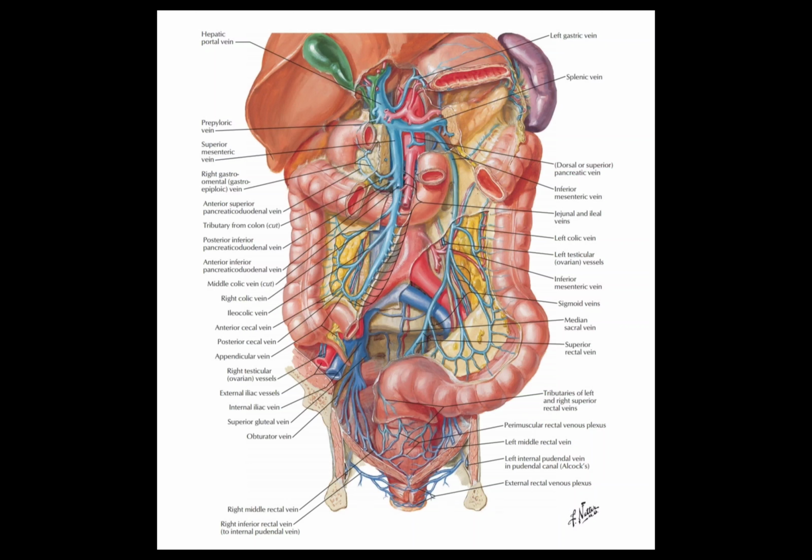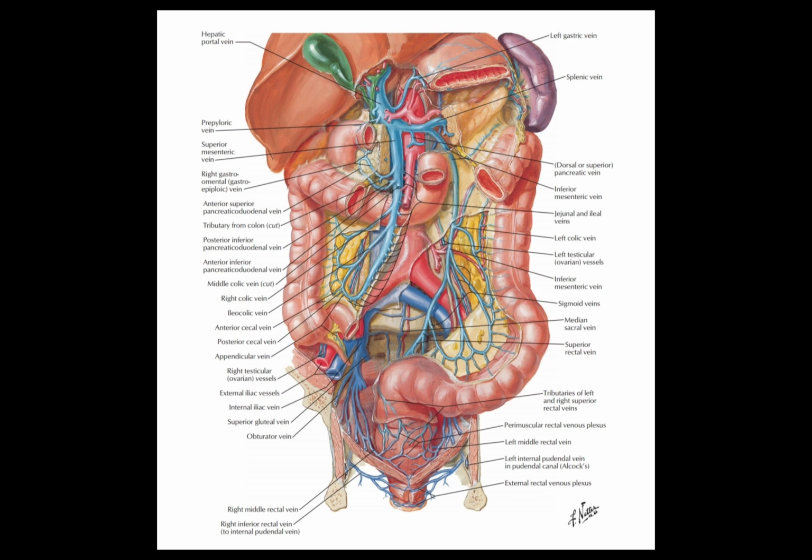from this area, blood is collected by the superior mesenteric vein. Then the spleen and the greater curvature of the stomach, this area is collected by the splenic vein. The splenic vein collects blood from the inferior mesenteric vein behind the neck of the pancreas, and